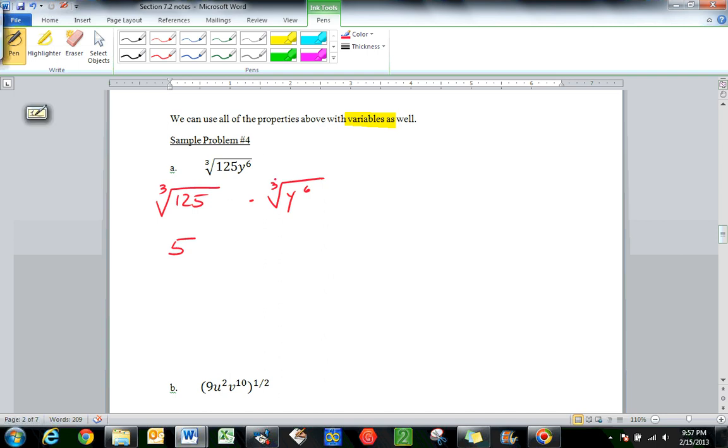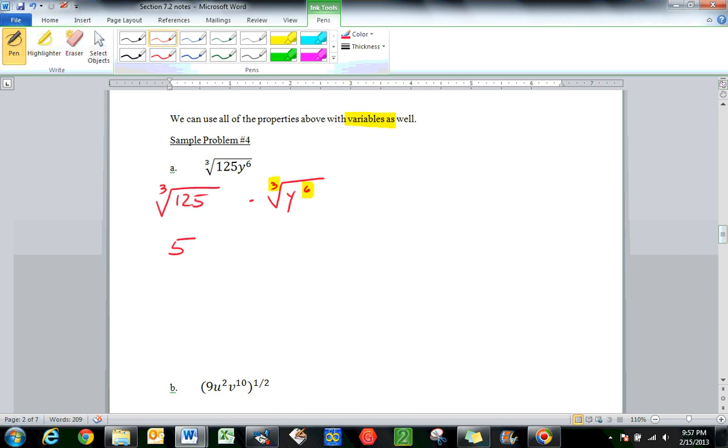Remember that powers and roots that are the same can be eliminated. Whenever you see a power that is bigger than the root, what that tells you is that there's a power in there that will eliminate with the root,